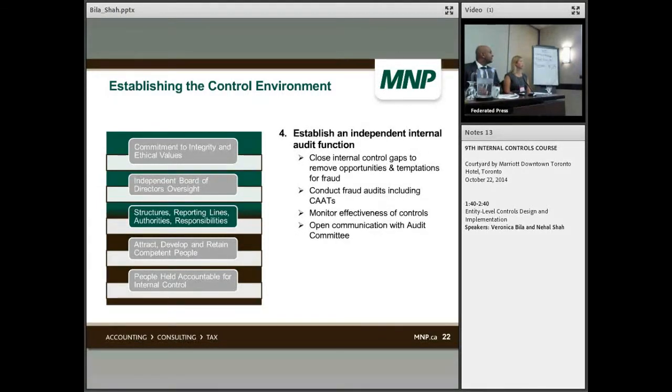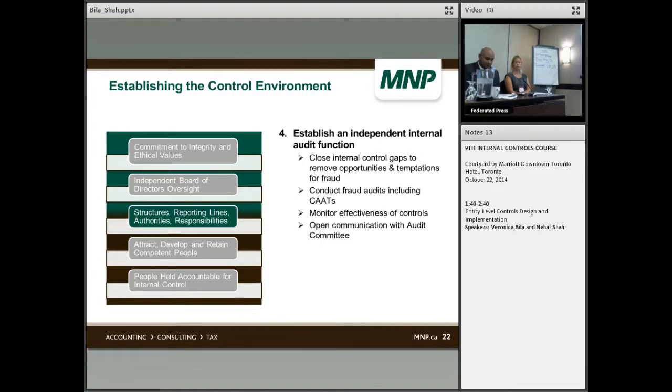So within the component of structures, reporting lines, authorities, and responsibilities, having in place an internal audit function is critical. What we tend to see is a formalized mandate for the IA function, which has been approved by the audit committee. Again, it's reviewed on an annual basis to ensure it remains relevant. As part of its mandate, we would expect that